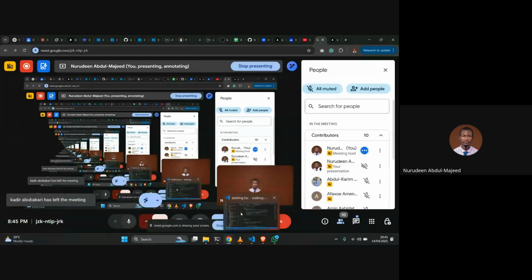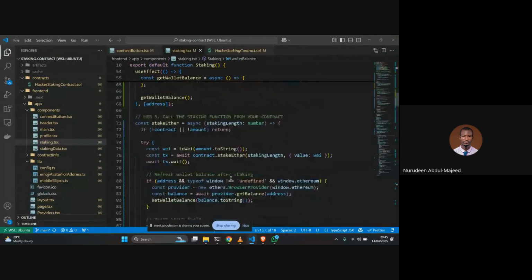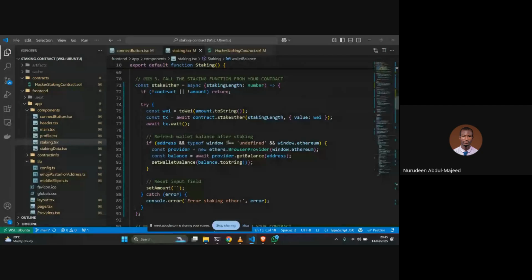So let's get back to the code. So if there's a contract and you have money in your wallet, it then creates a try catch statement. This way is like we have